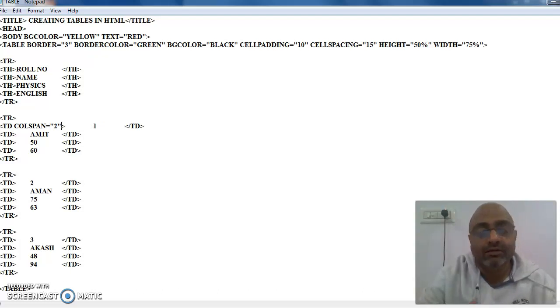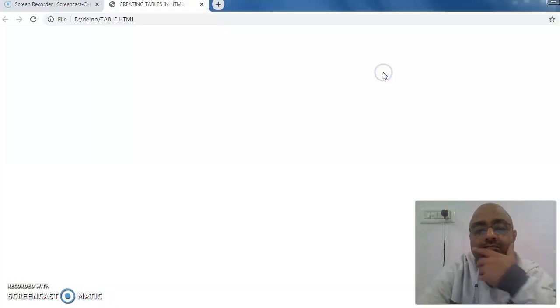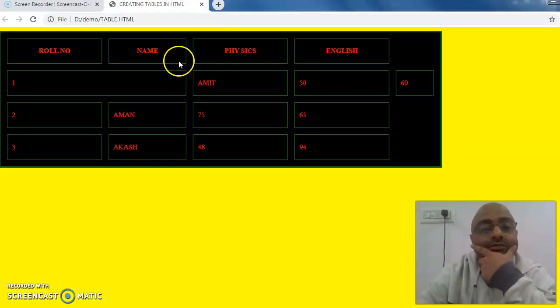Okay. So what is it going to do? It is going to attach two columns together, merge two columns together and make the cell bigger. Have a look. So can you notice, children, this particular cell has become bigger by attaching two columns together.